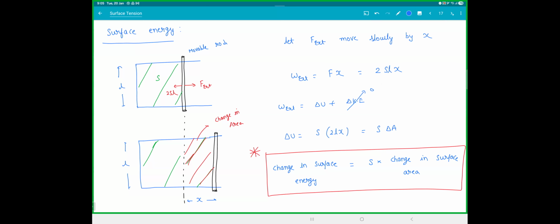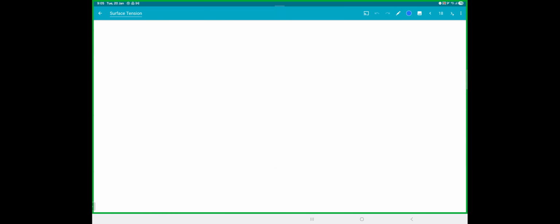Clear? Now, what is happening? If you remember in the beginning of the story when we started, we said the molecules on the surface have a net downward force, a net force which is pulling inside. Now, if you take a liquid in a gravity-free space,